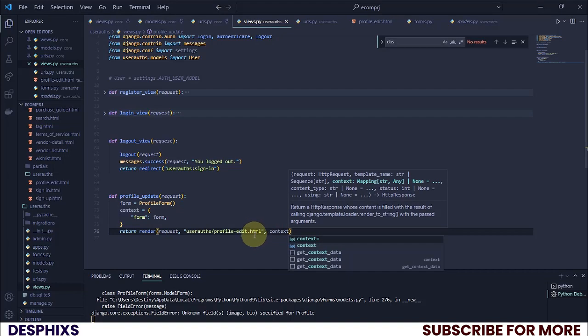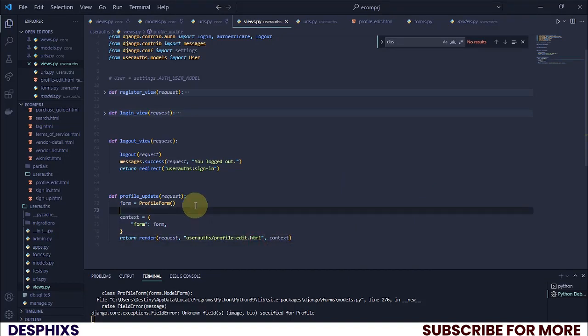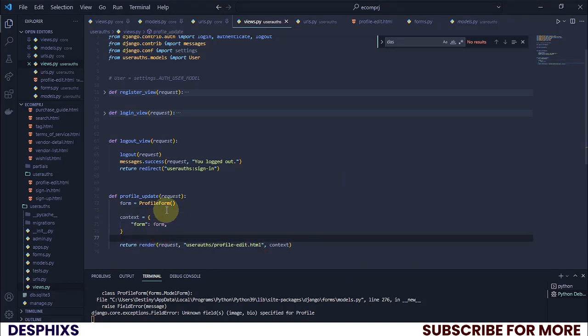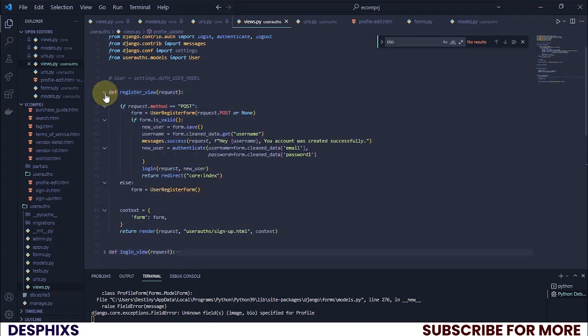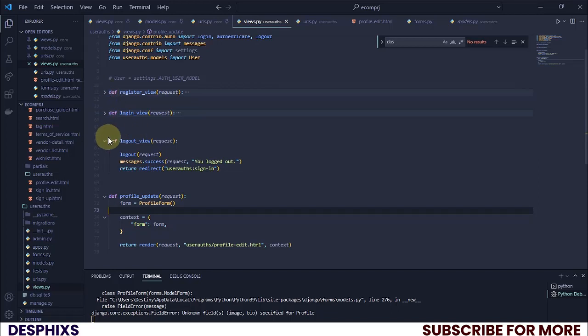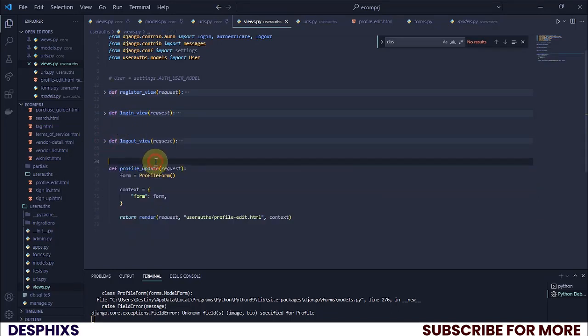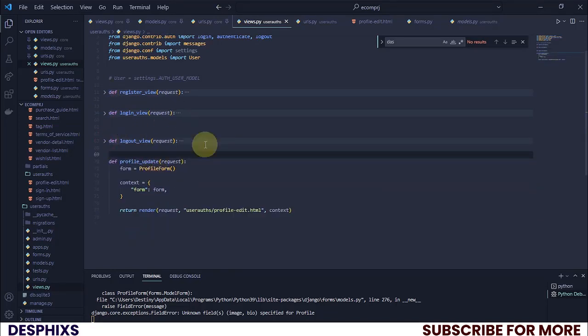then we'll pass in form just like this, and over here I'm going to pass in context. I'm not explaining this in depth because this is pretty much what we did in this tutorial in the beginning when we were working with the register view. Hopefully you can see it over here, and I explained that in depth. There is no need to explain it again. This is just an extension of what we are doing, and I was also trying my best to explain this as we go. So I'm going to copy this form